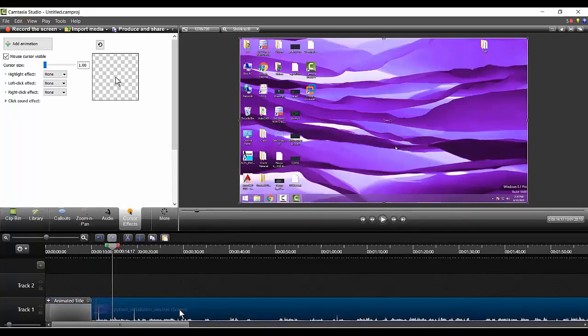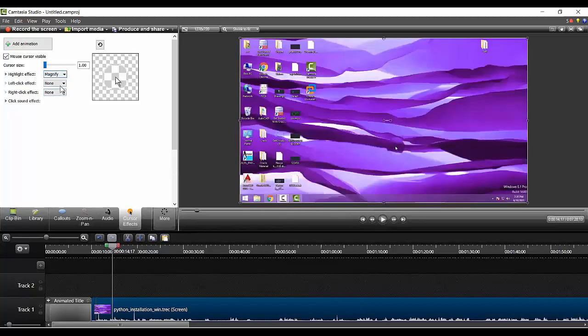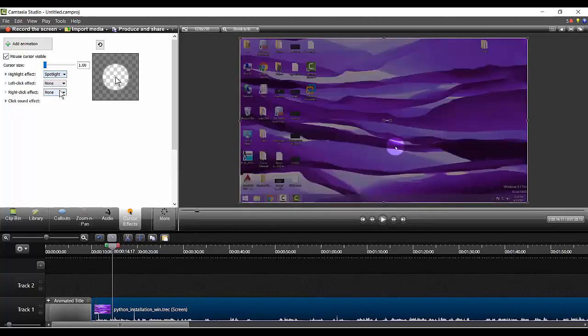If I select this one and I want the recorded one, and if I go for this cursor, now the cursor is enabled. Now you can see, if you want to show the mouse cursor, you can show it. Otherwise, if you want to hide the mouse cursor, you can hide it. Apart from that, sometimes a highlight or spotlight you can use. Wherever the mouse goes, it will show you that particular position.